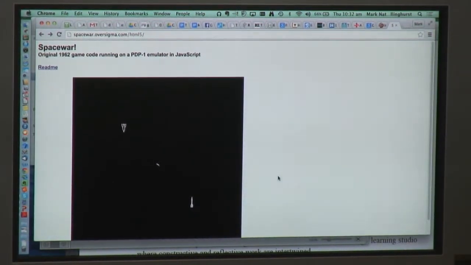And what happens with the game is it's a two-player game. So I've just died. There's a black hole in the middle here, and then there are these two spaceships, and the goal is to try and get away from the black hole. So I can put some thrust in there, and I can fire the other spaceship as well, and avoid getting sucked in. At the same time, you can be shooting at your enemy. You can shoot missiles at them as well. So, a pretty simple game, and it was designed by physicists, so they had very accurate modelling of the gravitational field and the black hole, but entertaining nonetheless, I guess.